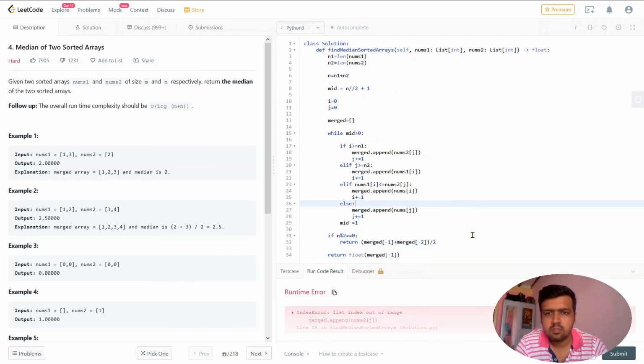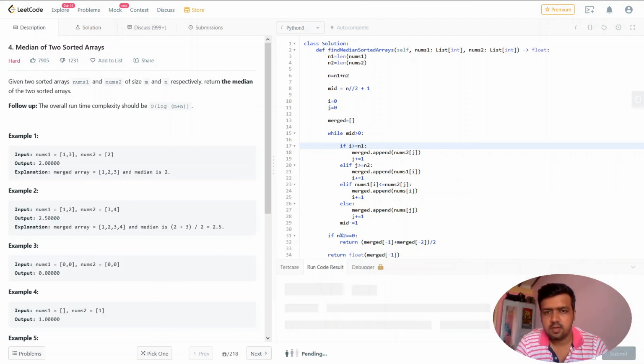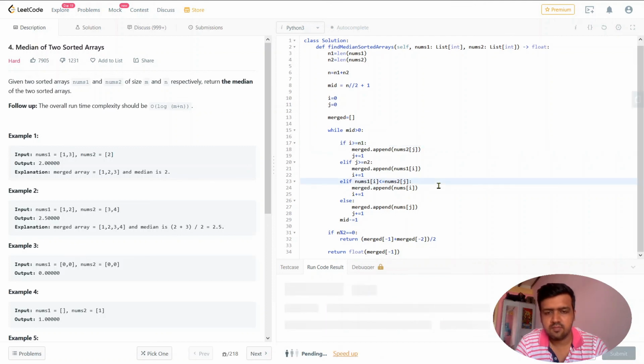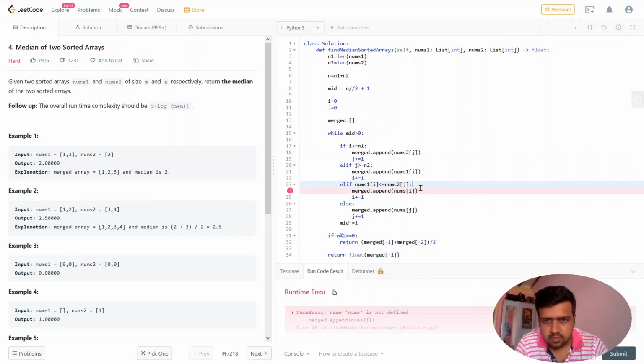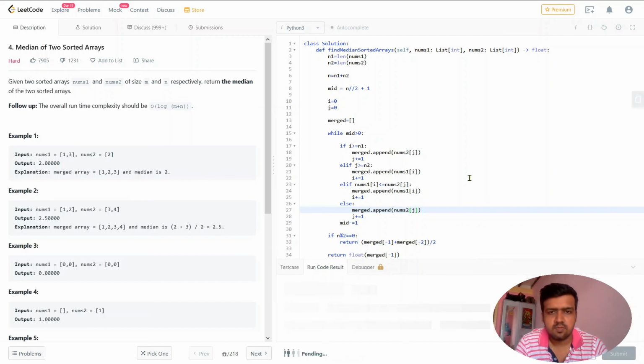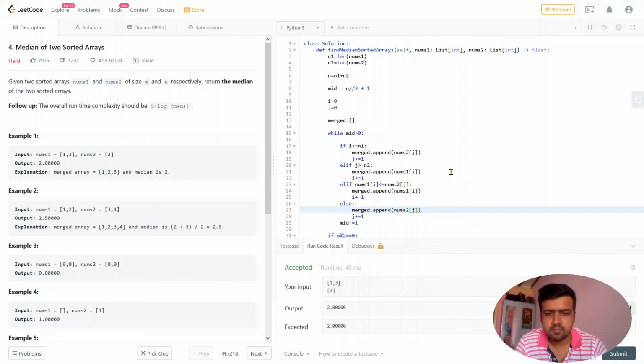Let's try this code. Okay, so I made a slight mistake. I have to check if i is greater than or equal to the length of the first array. Basically I'm checking if the pointer has already crossed the last element or not. I made a small mistake in handling both the pointers of the individual sorted arrays, so kindly take note of it. Now I think this code will work fine. Where is this error? Okay, it's just a naming error. So now this code will work. Yes, this code is working fine.